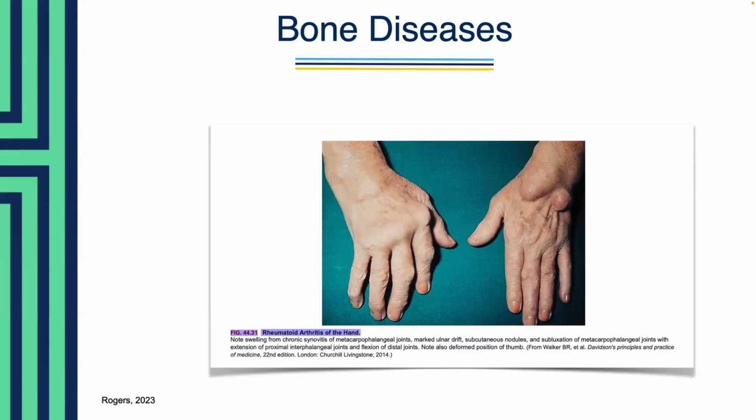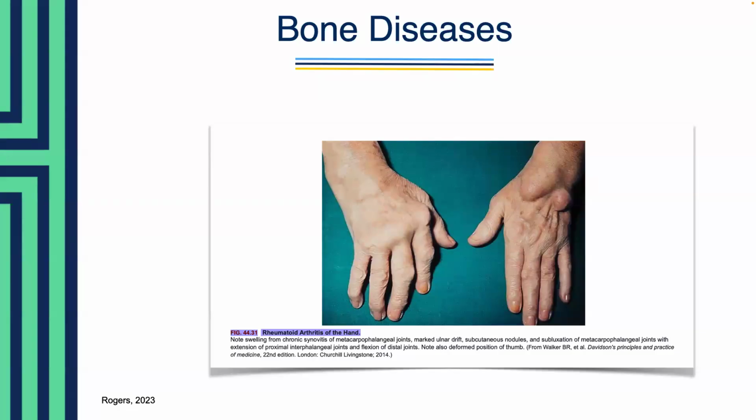In rheumatoid arthritis, the immune system produces autoantibodies like rheumatoid factor and anti-citrullinated protein antibodies that target the synovial membrane lining in the joints. And this leads to chronic inflammation with inflammatory cells like the lymphocytes and macrophages accumulating in the synovium. And then the inflamed synovium releases enzymes that degrade and erode the cartilage and bone within the joint. So you can kind of see what happens in the deformity in this image.